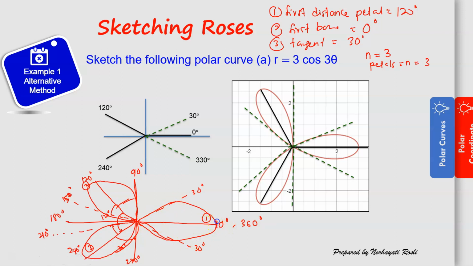But what about this value? This value will take the r value, which is here, equal to 3. So this one also 3, this one also 3. Actually negative 3 because it is on the negative side. This is how we can plot the pattern for r equal to 3 cos 3 theta. That's why based on this, we'll have here